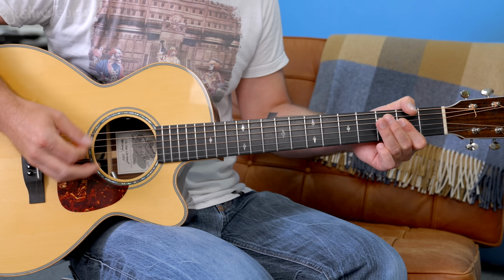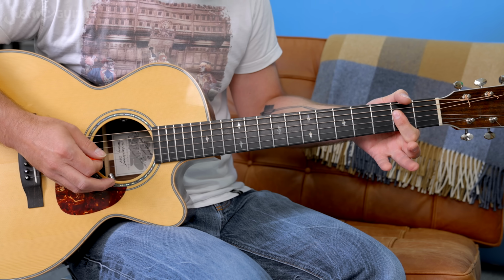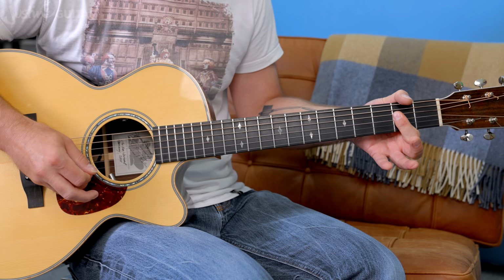So putting that accent on is a really, really good idea. A slightly more advanced version of that would be doing all down strums, still eighth notes. 1, 2, 3, 4, 1, 2, 3, 4. Now straight away you can see I've moved to a kind of A minor shape